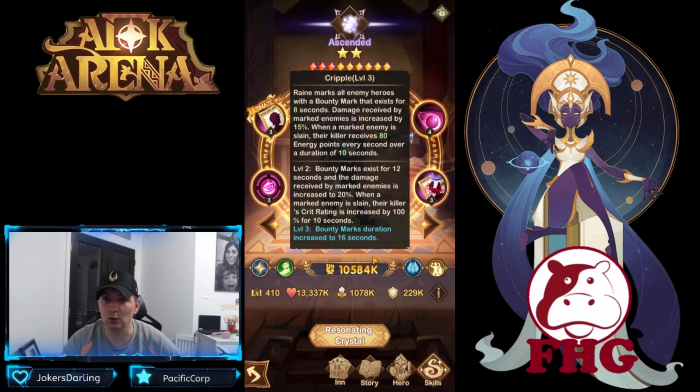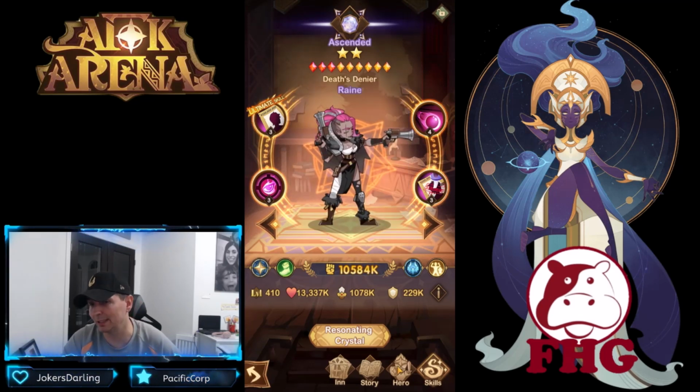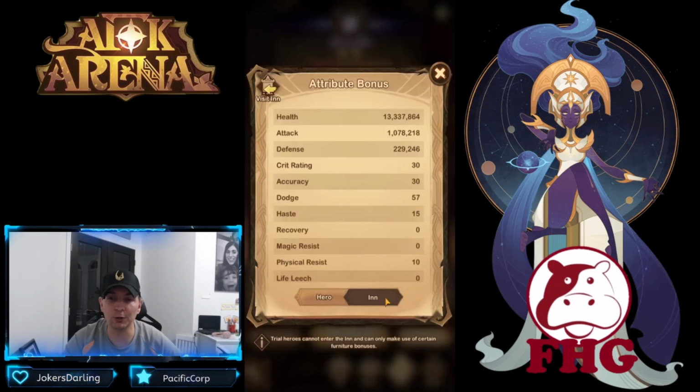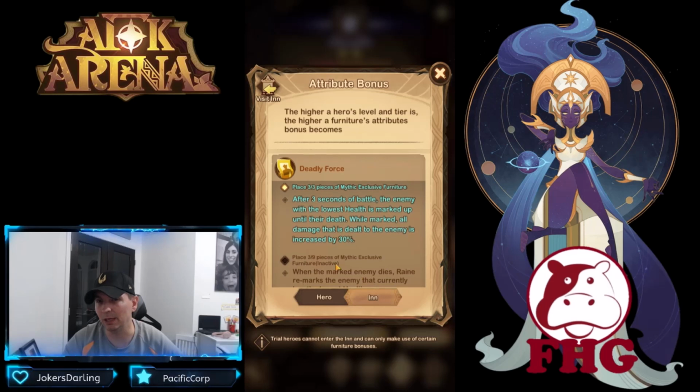Marked enemies do more damage. So ultimately, a lot of players have gotten away from Rain. I don't even know anyone who built Rain without her 3 of 9 furniture. This is the big one: after 3 seconds of battle, the enemy with the lowest health is marked. Upon death, they take 30% more damage, which again, I don't see any twisted realm formations or even boss formations that are utilizing her right now. There was a very, very short time that a lot of players were utilizing Rain before